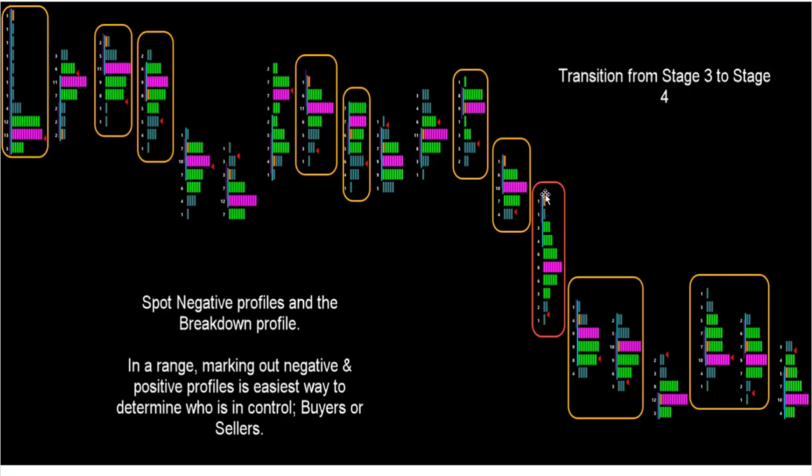So finally we get a breakdown profile. This is where the previous value area becomes a congestion zone, right? So price deviates from that congestion zone with momentum. Now the thing is, let's say we are currently at this profile. Do we take a short trade here? I would actually say no, because from this high I think price has already corrected about 7-8%. Now an average short sell trade ranges between 11 to I think 16%,